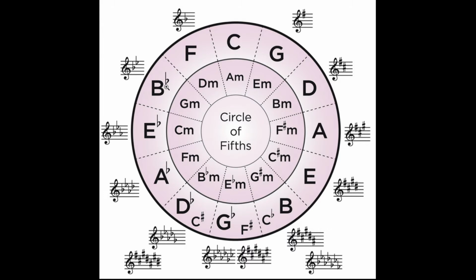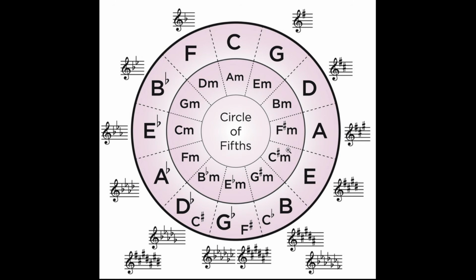For example, if you have the key of B flat major and you're trying to find the closely related keys, B flat major has 2 flats in the key signature. So you're looking for the keys that also have 2 flats in the key signature, as well as the keys that have 1 fewer flats, so 1 flat, or 1 more flats, or 3 flats. Therefore, the closely related keys of B flat major are G minor, F major, D minor, E flat major, and